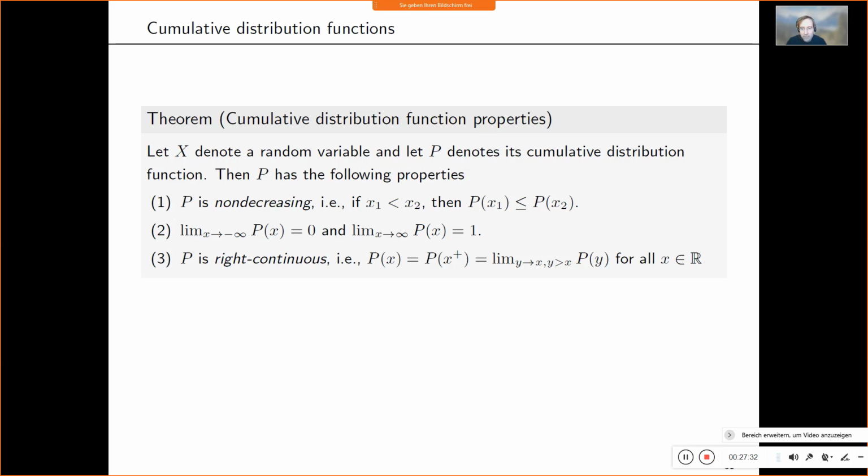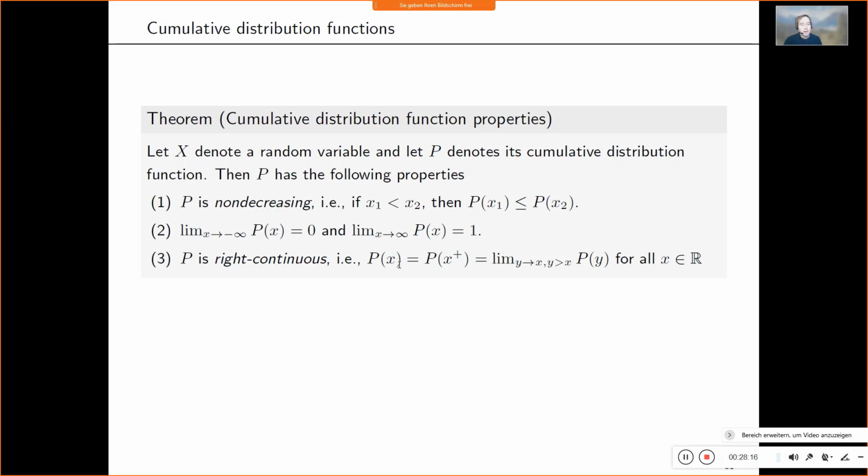So p is non-decreasing, that is, if x1 is smaller than x2, then the CDF value associated with x1 is equal to or smaller than the CDF value associated with x2. The limit of a CDF if x goes to minus infinity is 0, and if x goes to infinity is 1. And then the most subtle thing, maybe even the most subtle thing in the entire lecture, is that CDFs are right continuous, meaning that the